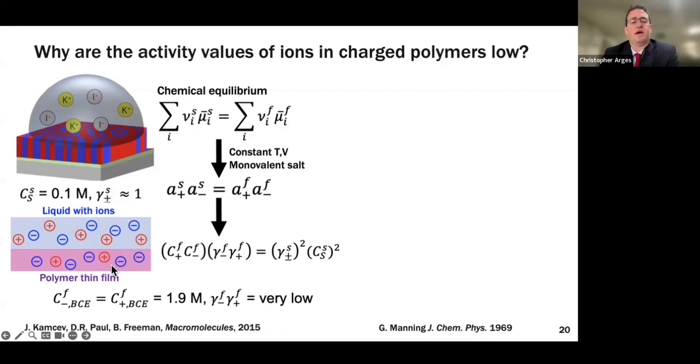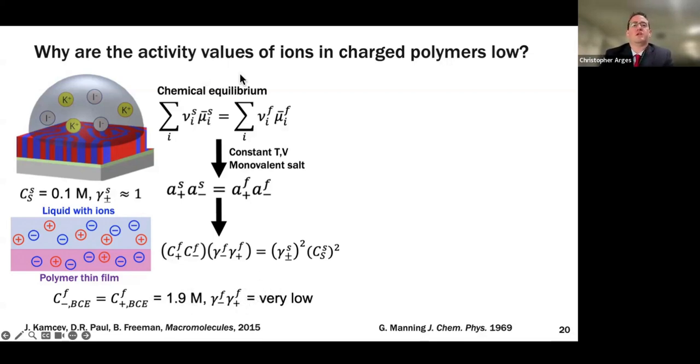And so with those polymer chains in solution, you can sort of think, could you extend this model to a polymer membrane or a thin film? We study thin films here, and I won't get into why we do that, but part of the reason is we can control their microarchitecture. And if we put, say, a very, very dilute solution of salt on top of this film, it will absorb some water. Under very dilute conditions, the activity coefficient will be closer to 1. But when we look at the concentration of the ions within the film, which is much higher, we have an activity coefficient that's very, very low.